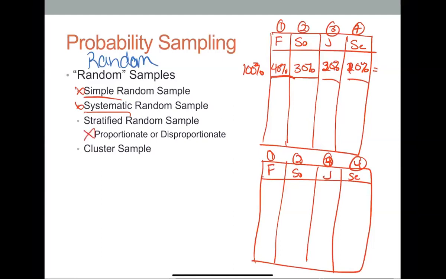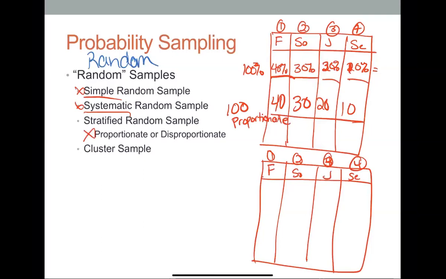If we want a proportionate random sample, we might say we want a sample of 100 students. To make it proportionate, we have a list of every freshman, and we're going to randomly choose 40 of them to be invited to participate in our study. And because 30% are sophomores, we're going to make that proportionate. We're only going to let 20 people participate that are juniors, 30 that are sophomores, and 10 people out of 100 will be seniors. So these numbers are proportionate